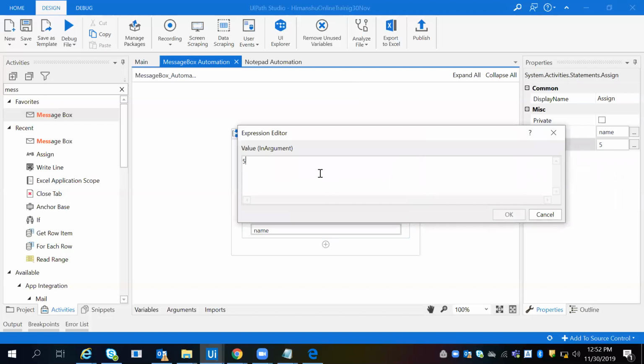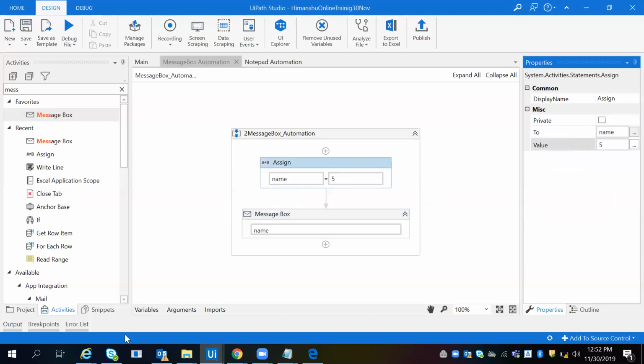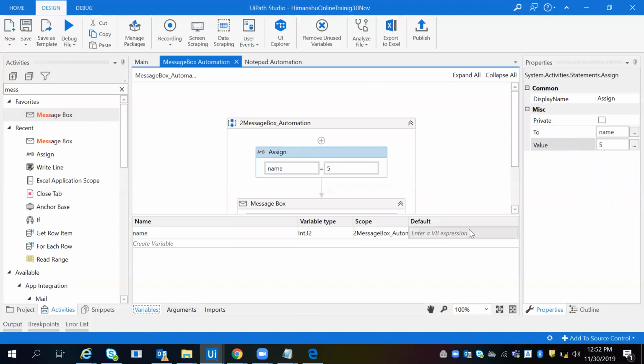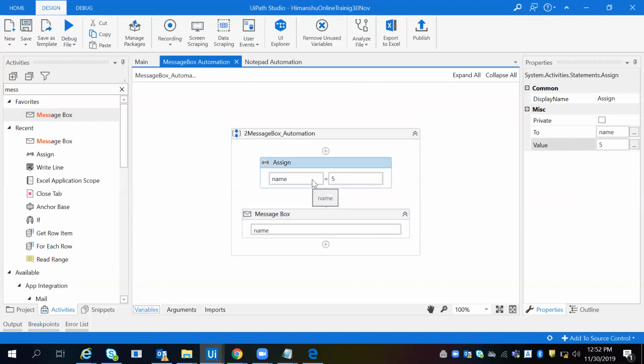There are lots of ways you can pass whatever you want to use. You can pass any data in that, and after that you can use it. If you pass all the things in the variables panel, it will not expand, and there you can go for the expansion. Okay, fine now. For assigning any value you use assign activities. Both are the same, but in the assign activity you can take more data.